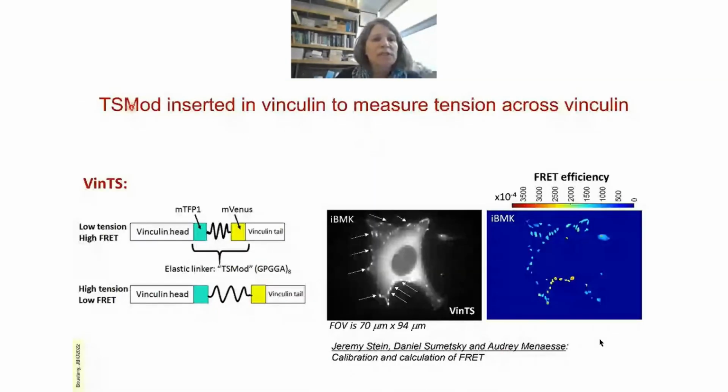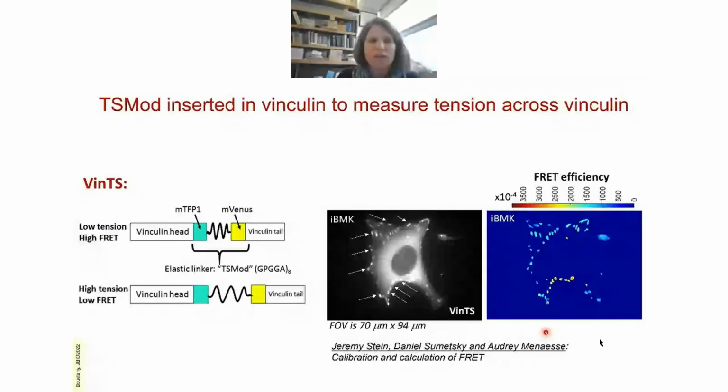So now when you insert this TS module inside vinculin, it's going to get targeted to vinculin, and when you express this construct in cells, it's going to localize at regions where vinculin is localized. And in particular here, looking at this cell, which is attached to a glass substrate, you can see that vinculin is accumulating at these areas, which are the adhesions between the cell and the substrate. And if you were to measure FRET efficiency at these locations, you could then relate that to the amount of tension the protein is experiencing at these locations, which have been segmented out here on the right-hand side in this